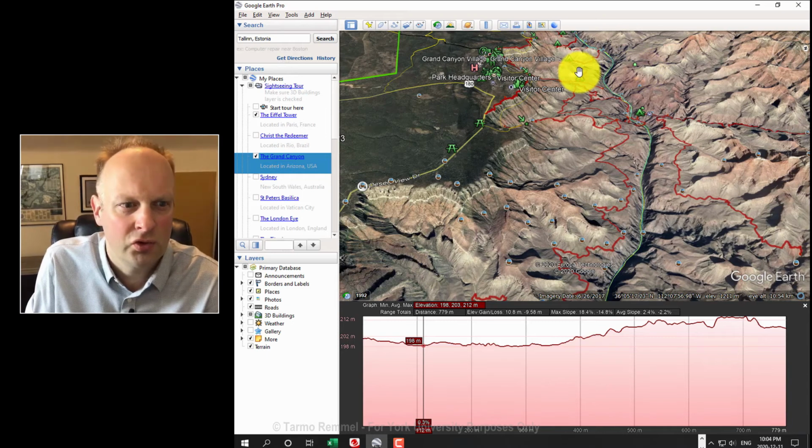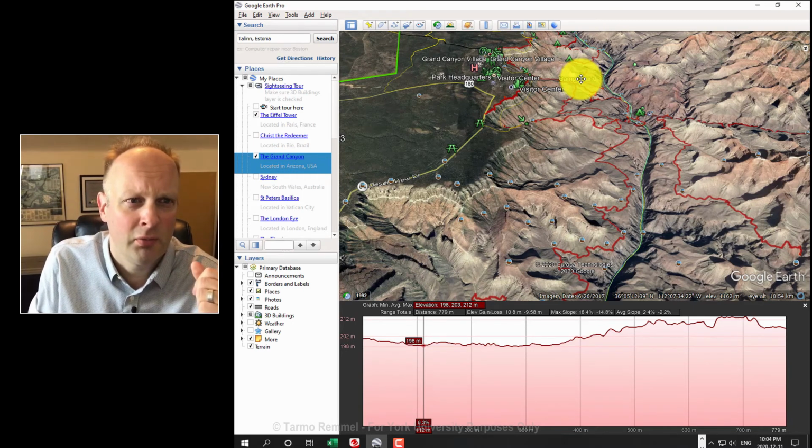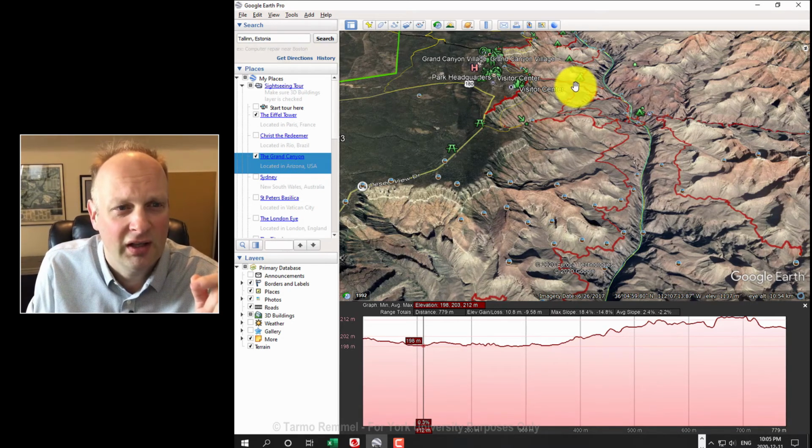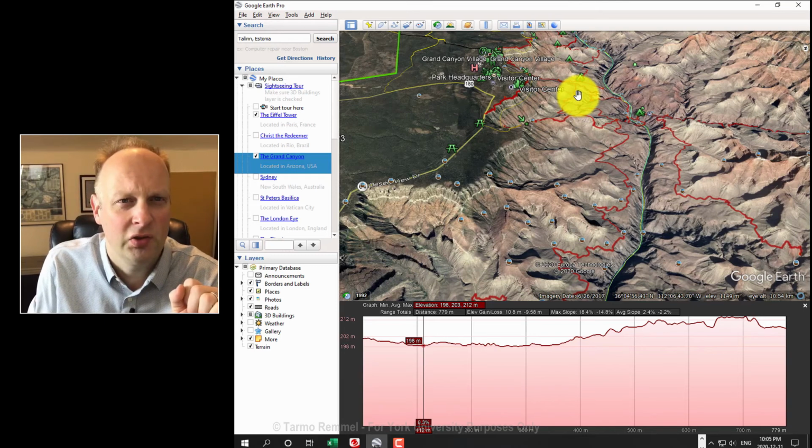Have you ever been to Chernobyl to see where the big nuclear disaster was? Have you been to the capital city of Papua New Guinea? Have you been to the Sydney Opera House? There's a really nice tropical island in the South Pacific called One Foot Island. It's a place that you might want to check out. They're places that are hard to get to, expensive to get to, and until you have the means of getting there, you can at least live vicariously through Google Earth Pro, and while you do it, interact with a geospatial